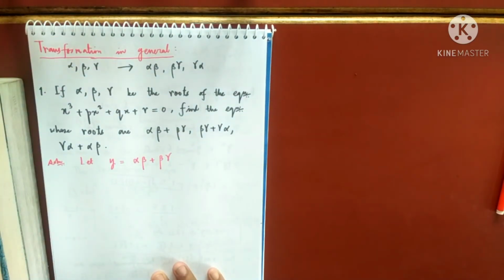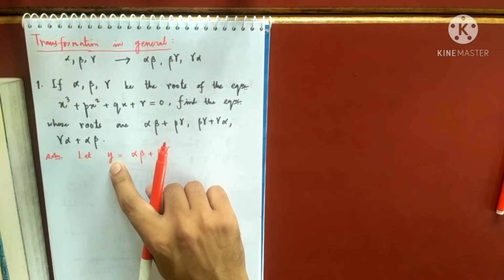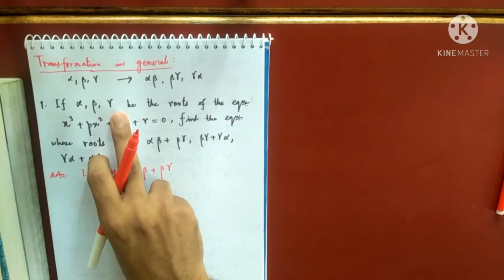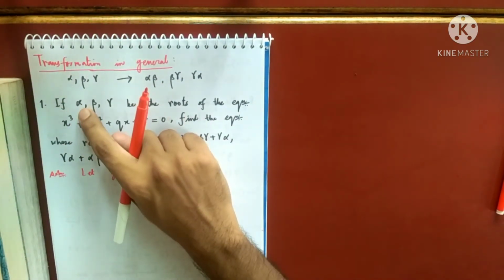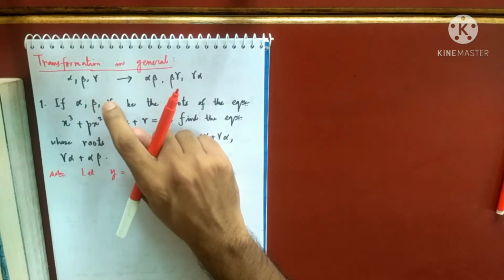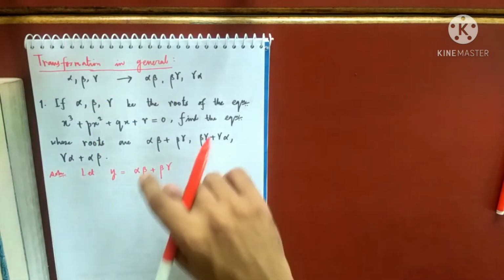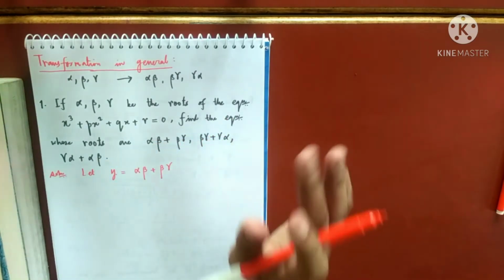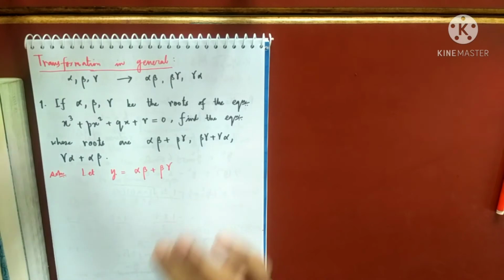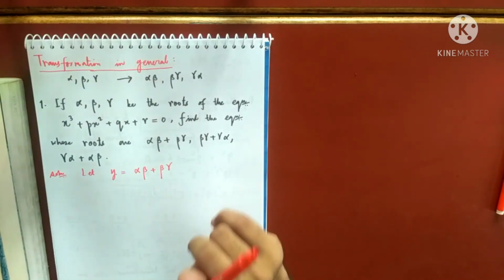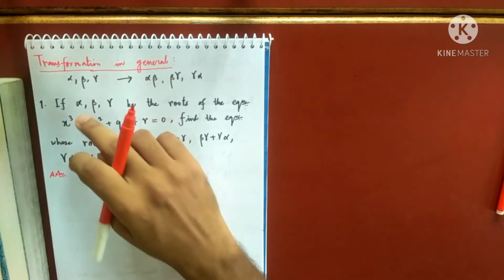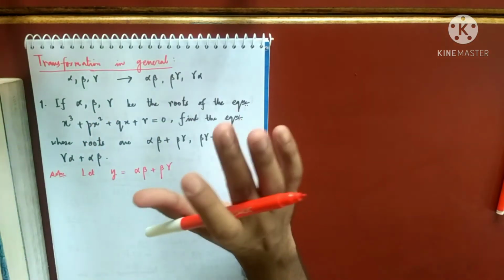Now the first task is you have to express y only in terms of one of them. You have to express y either in terms of only alpha or only beta or only gamma. Keep that in mind, it cannot contain all of these. So you have taken y as this or this, any one, that's all right. But the first task is to express y only as a function of alpha or beta or gamma.